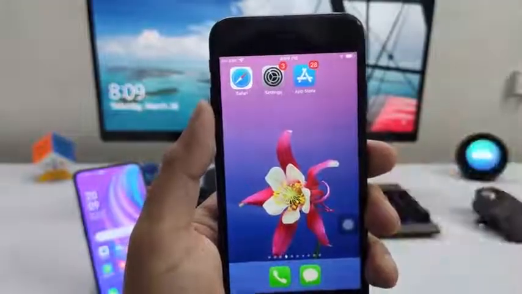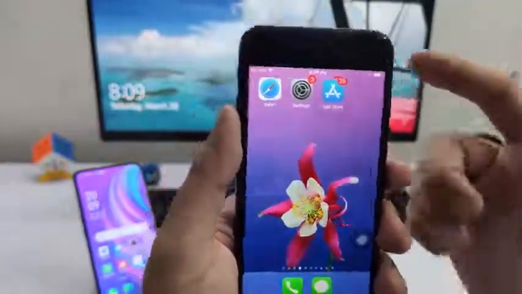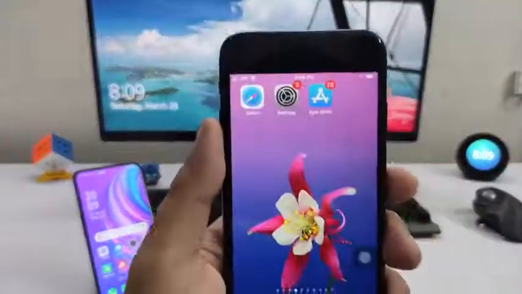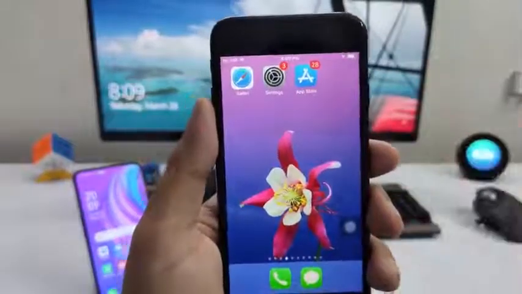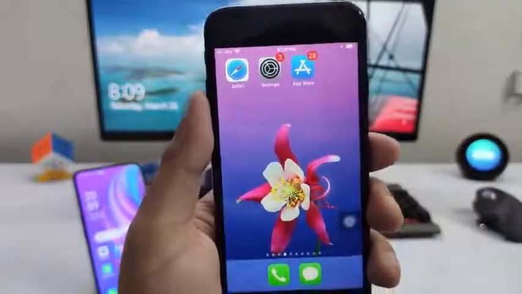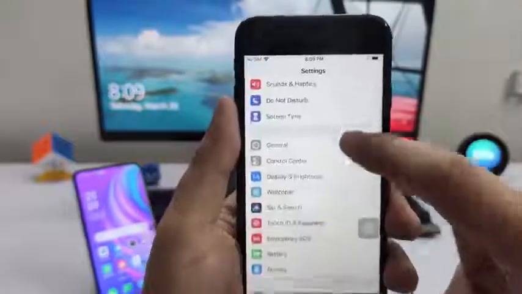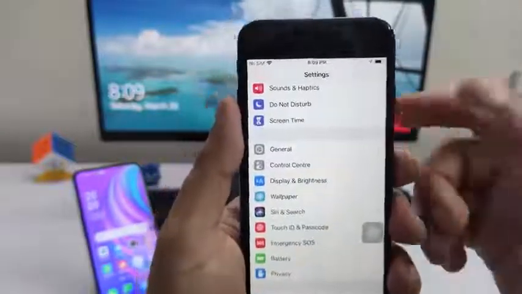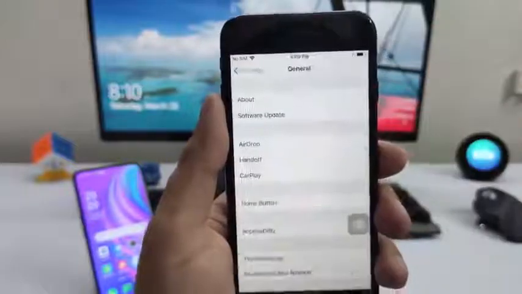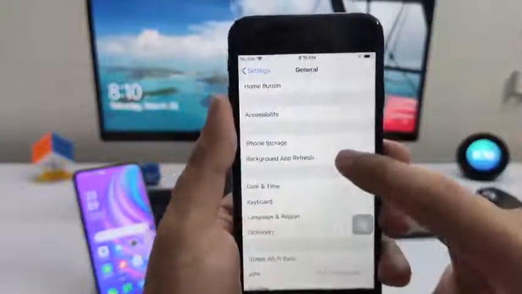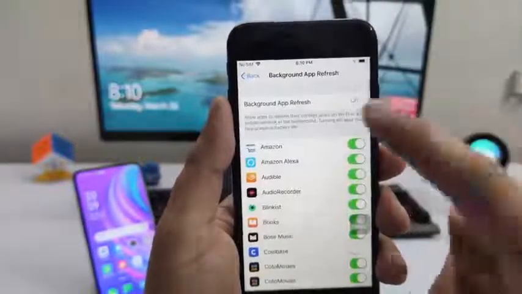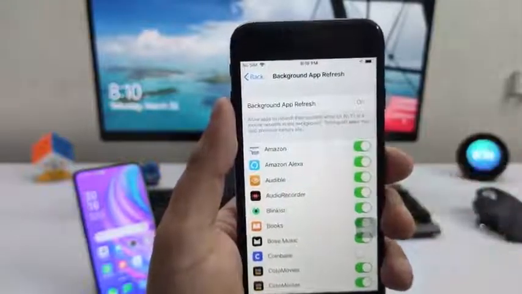I'm going to go ahead and show you how to do this on iOS first, and then we'll move on with the Android devices. So if you're using any iPhone, iPod or iPad, simply go ahead and open up your settings and scroll down until you see the general settings. Once you do, just go ahead and open up general settings. Once again, scroll down to the background app refresh and make sure background app refresh on your device is set